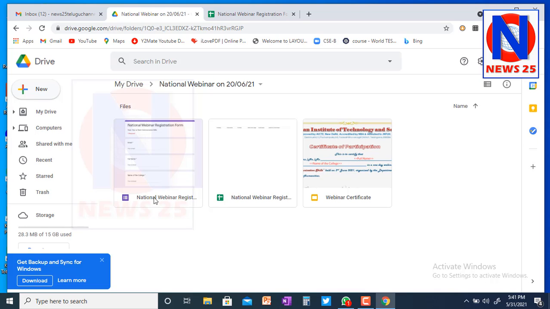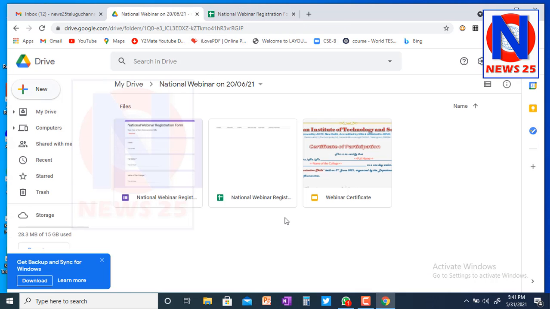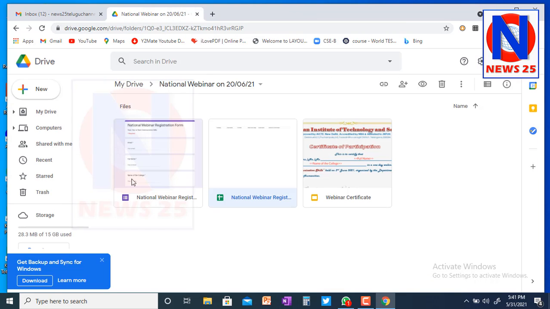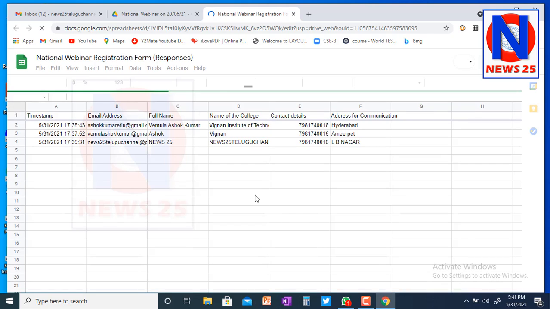One is registration form, another one is certificate form, another one is data form, which means this is a spreadsheet. If you open the spreadsheet, let me close and open from here. If you double click on it, it will open. Okay, so this is how it looks.